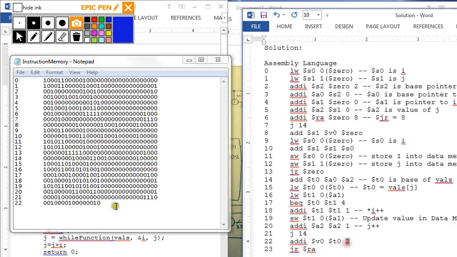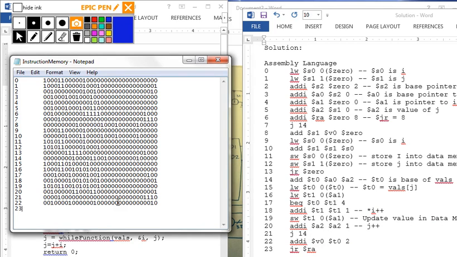So it's going to be 2 here. So we're going to go all the way here, and that's going to be 2. Last but certainly not least, 23. We recall from jump register in instruction 13. It's an R-type instruction, so it's going to be 0. RS is going to be return address. That's